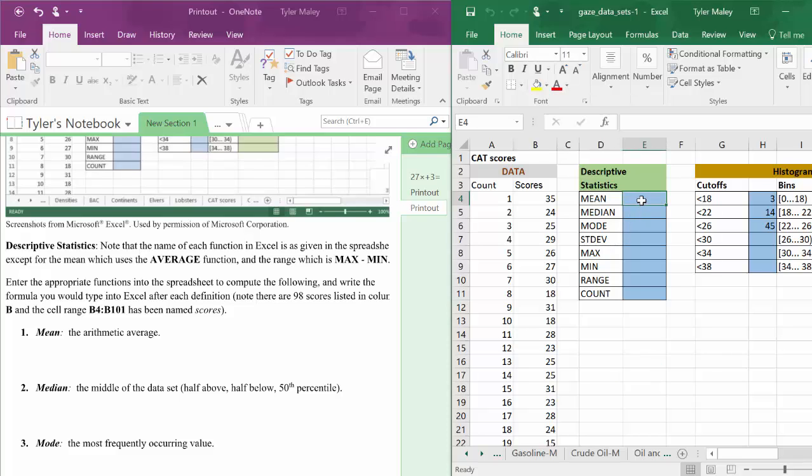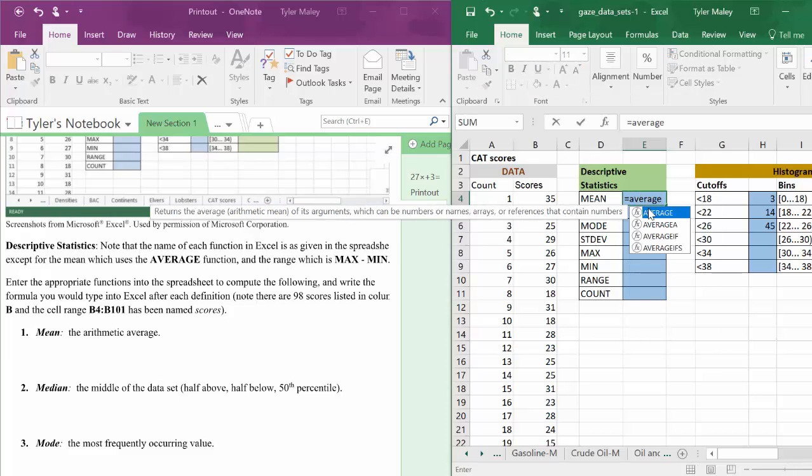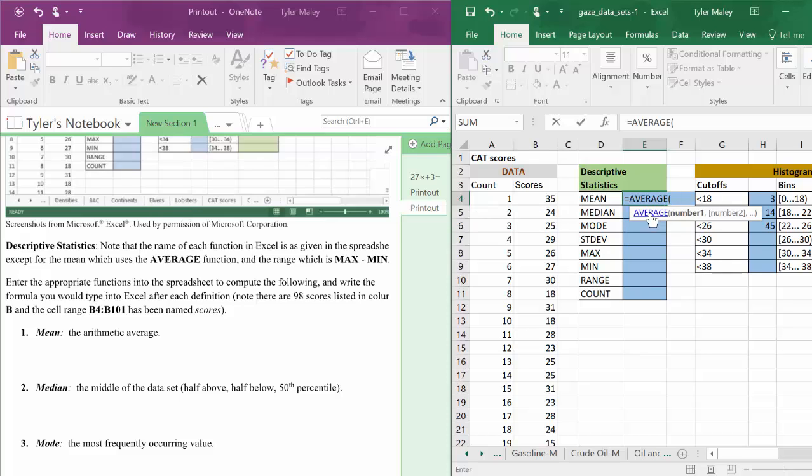So you can use that, or you can type in the actual range, right? So for example, when I go into mean here to calculate the mean, which is the arithmetic average, you can think of mean as like leveling everything out, right? We're equally distributing all the scores so everyone has the same, if you will. So I can hit equals and then type average, and then notice the very first one, this is the Excel function I need. I can double click on that, and then I can go ahead and just type in the word scores, right? And you can see that it's labeled here, right? So I can double click on that, and it's going to reference